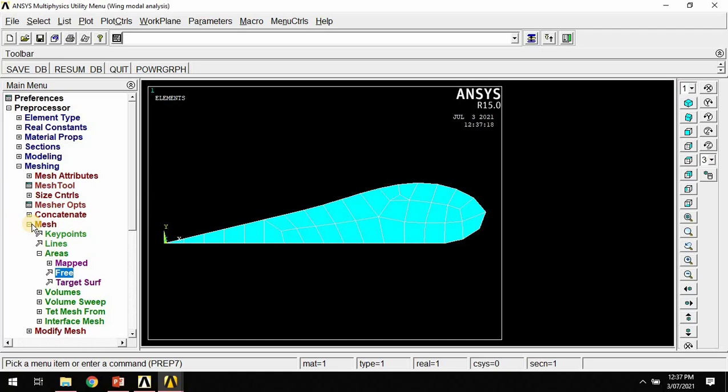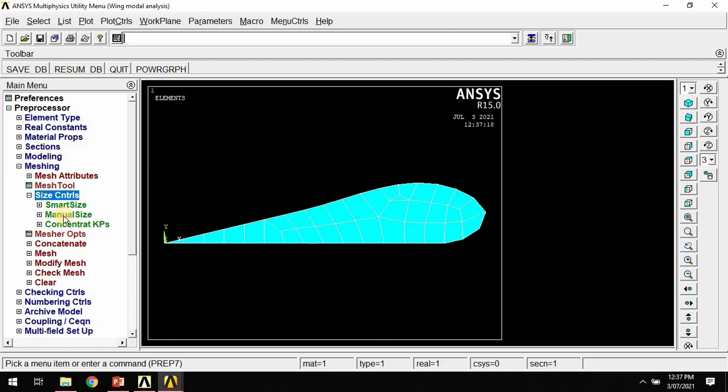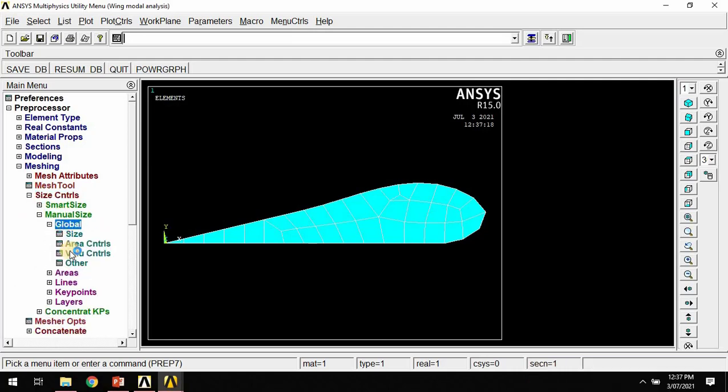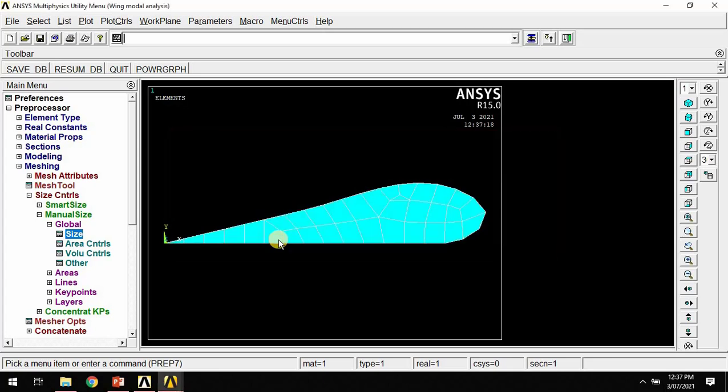Again, first, before going to this volume density, I have to change some number of divisions. Okay. So again, go to size control, manual size, global size, and this value is 0, and number of element division is suppose 15. Okay, that's it. Now again go to attribute define,